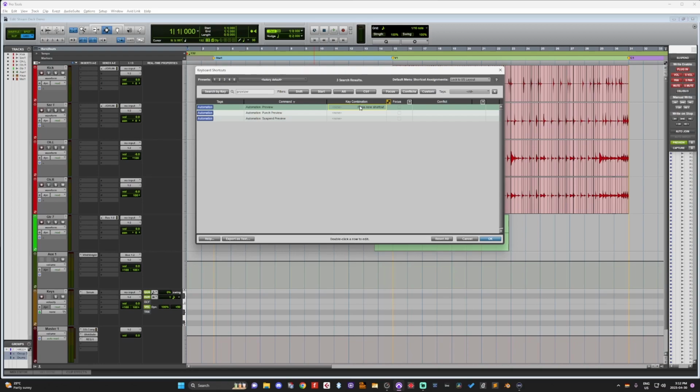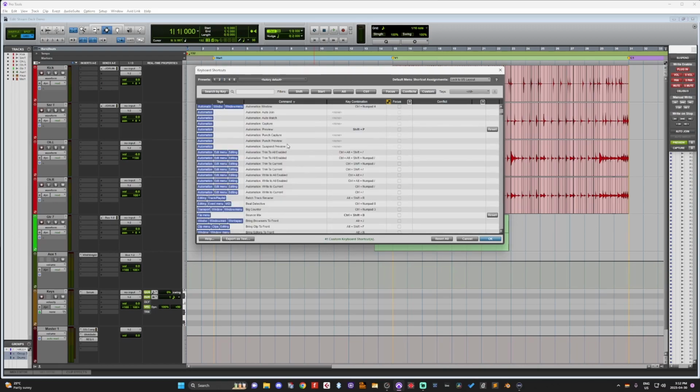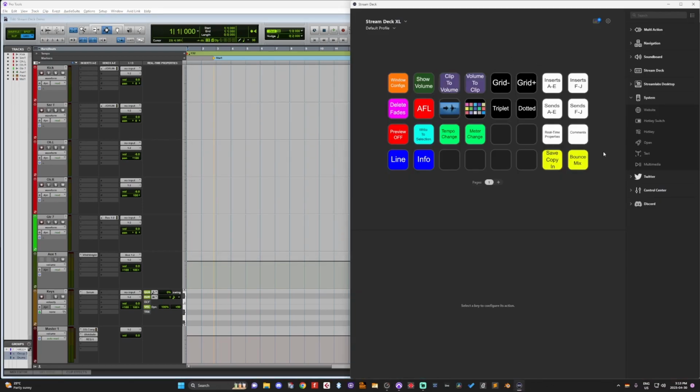So let's just do like Control Shift L. And maybe that's not the best one because maybe you do use loop playback, but you could decide which ones you want to use, and then you just either save it in this menu or you just hold Control and click on the numbers, and if you see here, when you click on them it'll do that little flash. That's how you know it's saved. So anyways, I have one of those with 41 custom key commands. Now what I basically did is I have mapped those to my Stream Deck,